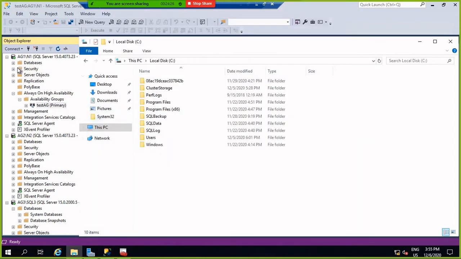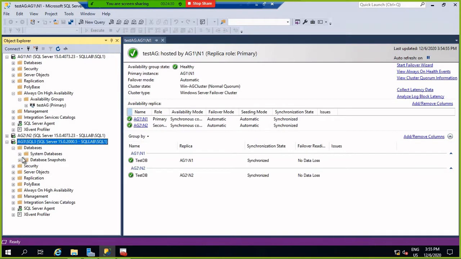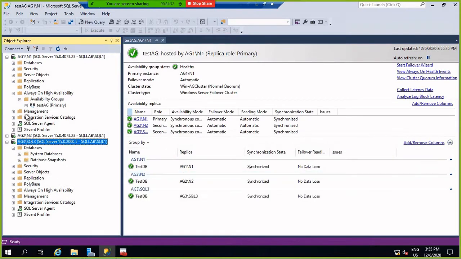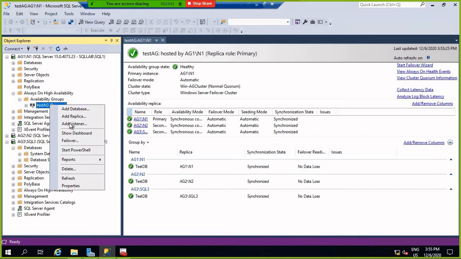Okay, so now you can see that AG3 is part of our AG group.